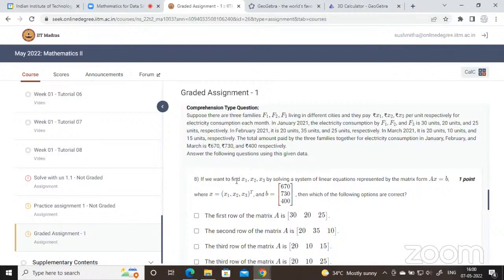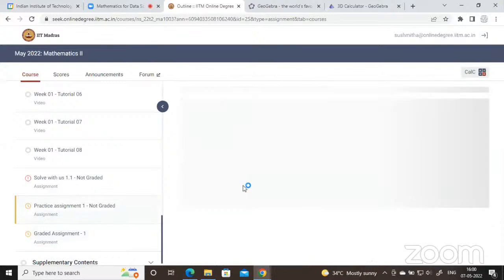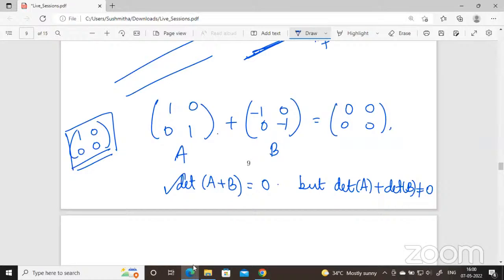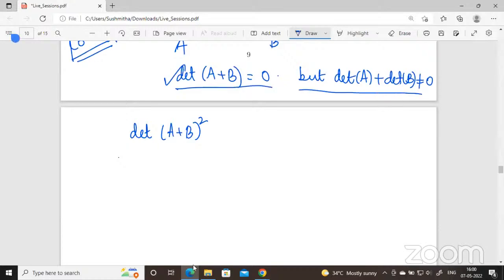And again, when we are taking the determinant, if we are putting in a whole square, like determinant A plus B whole square, then can we break it as a formula, ma'am? What determinant? For example, determinant of A plus B whole square. Okay, then can we break it as determinant of A square plus 2AB plus B square? Can we do such things, or won't it work? You cannot do that. It's not even equal to 2AB.